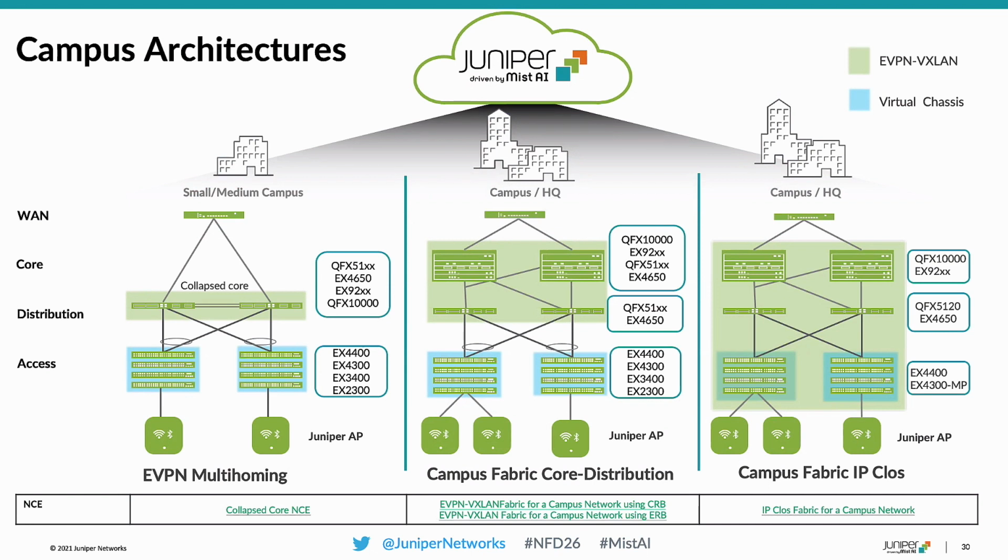Then finally, extending that EVPN-VXLAN all the way to your access layer. In this case, you can use the 4400 switches or the 4300 MP switches to deploy and extend that EVPN-VXLAN to the access layer. At the same time, you now bring in additional functionality with the 4400 switches, which is GBP or group-based policies. Because you might be asking, Sujit, why do I care about IP clause? With IP clause, you will now be able to talk about GBP. And I'll talk about that in detail after we finish through this design portion of the